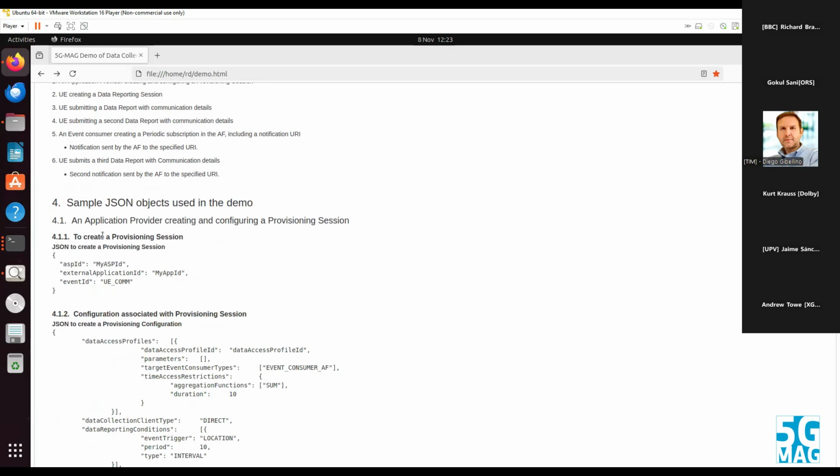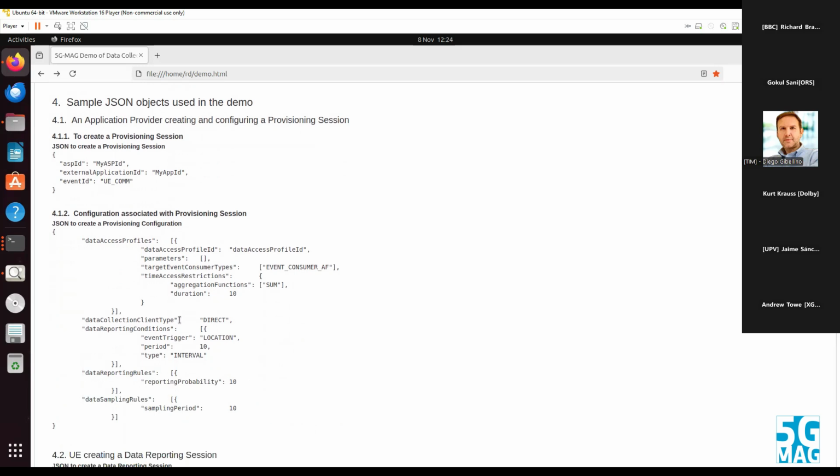To create a provisioning session, this is the JSON object that is sent by the application service provider to the application function, and the event is UE.com, which is the UE communication details, with an application ID of my app ID. Then we have the provisioning session configuration, which includes a data access profile that specifies time access restrictions with the aggregation function of sum, and then the data collection client type, which we use internally for filtering